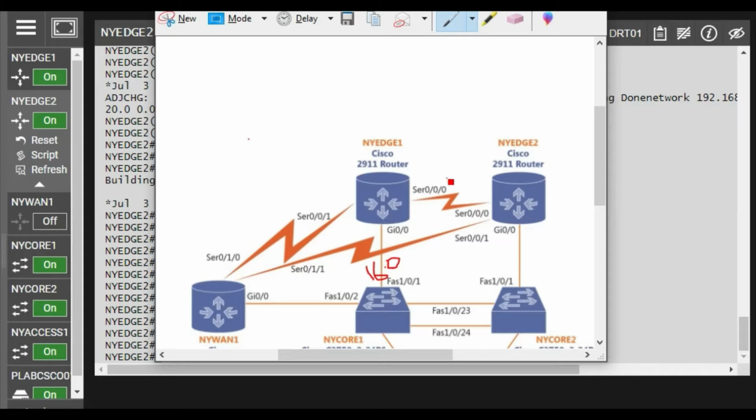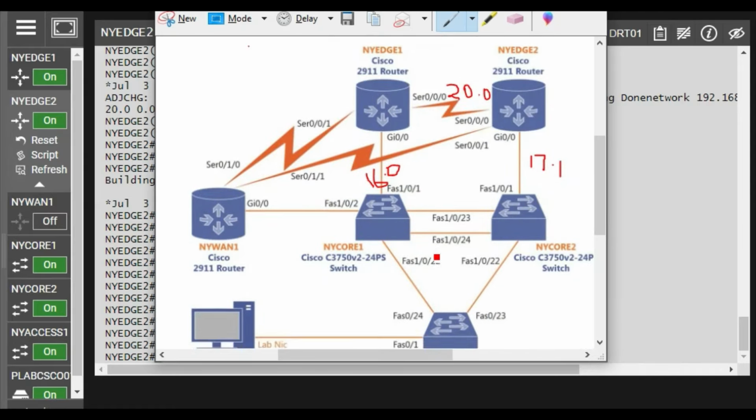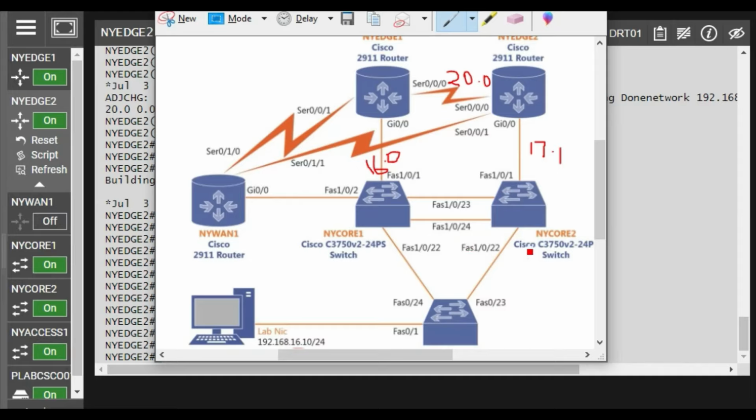Here is configured the 20.0 network, so the IP address for this serial interface on NYH1 is 192.168.20.1, and for NYH2 it is 20.2. Here is configured 17.17.1 with /24. All IPs have the subnet mask 255.255.255.0. I hope you have understood the topology where we are going to configure syslog services.